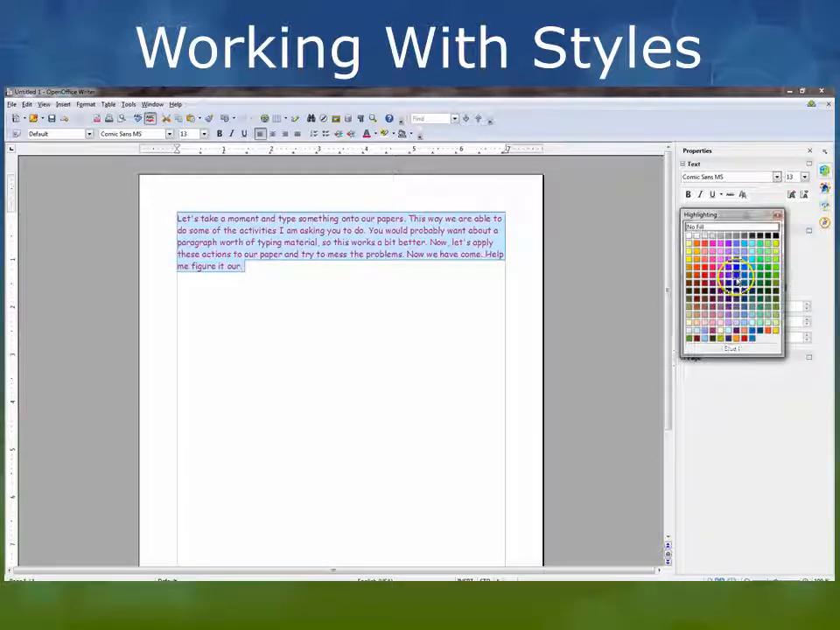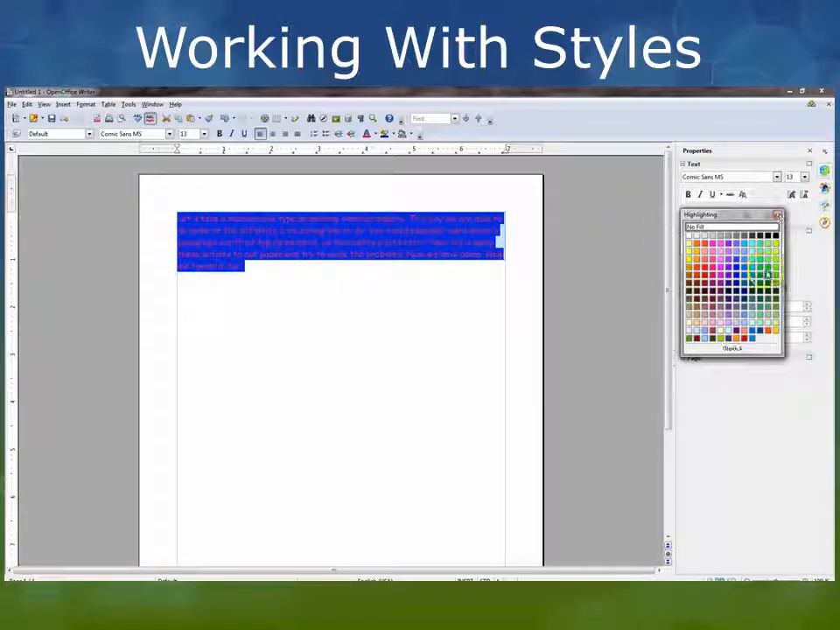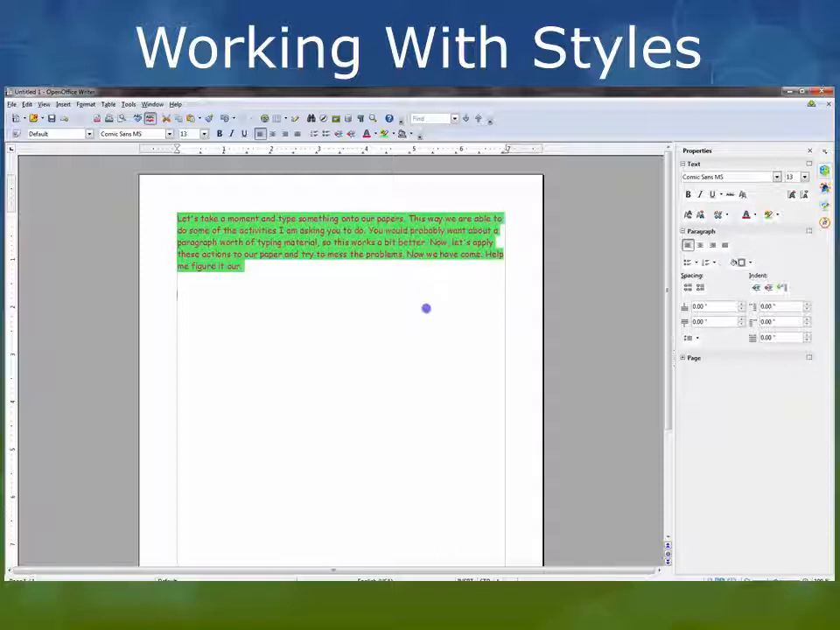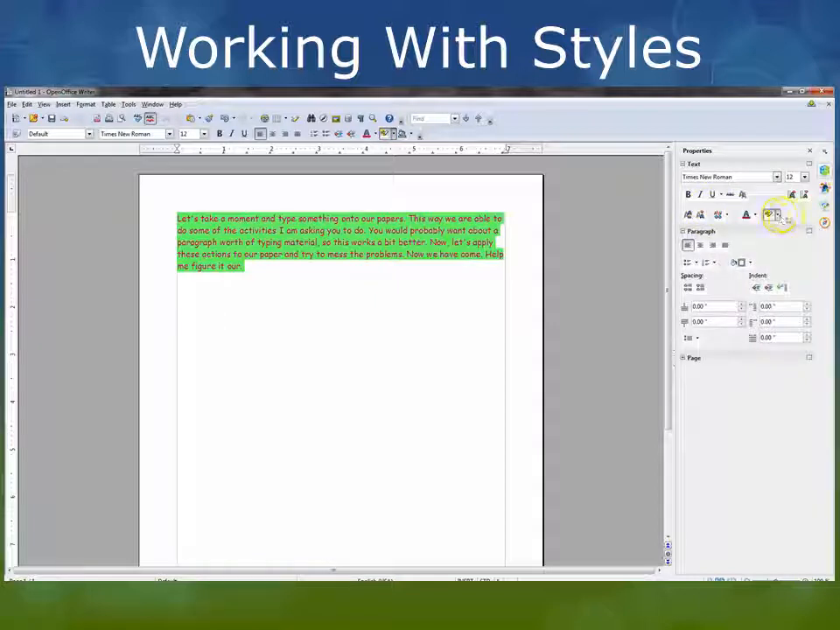And let's say that I want to highlight all of this. It's kind of hard to see with that coloring that I picked. Let's try a different highlight. Let's try a fluorescent green. Now we can see that that's all highlighted for us. I am going to take out the highlight. Oh, I have to